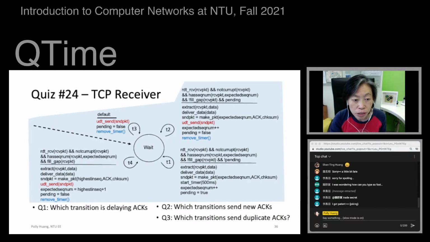Q3, which transition sends duplicate ACKs? When do we send duplicate ACKs? We are resending an ACK that has been generated previously. So which transition is sending duplicate ACKs? Think about it. Quiz 24, Q1 is straightforward, but Q2 and Q3 do require a little thinking.